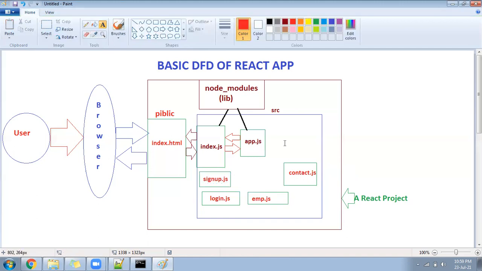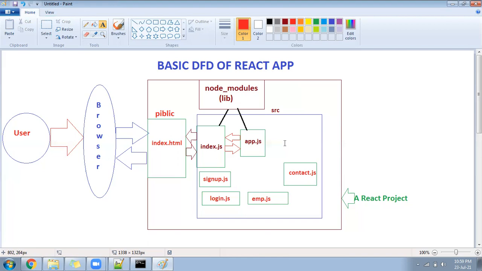You will ask why you are creating all the files as JS. Till now we have created HTML, now you are creating JS. Don't worry. Inside React, we have a concept called component. Normally in HTML, when we learn Bootstrap and JavaScript, we create the .html file. But under React, we have to create a .js file.